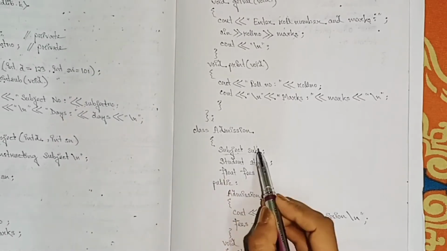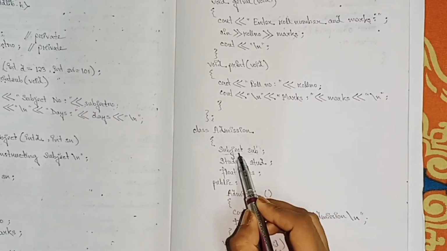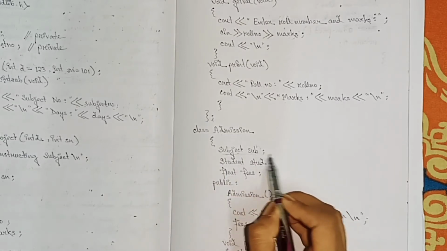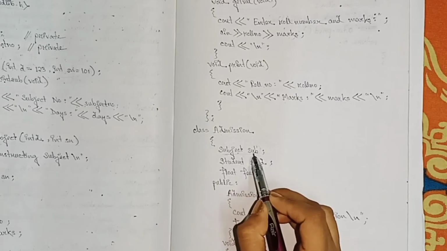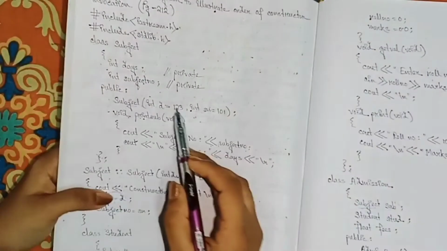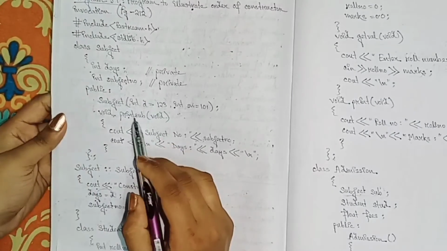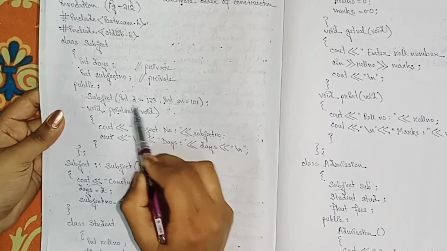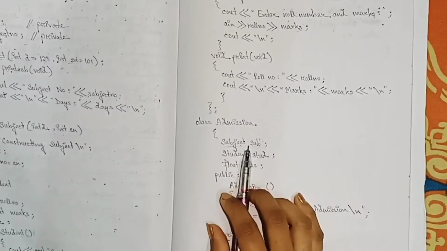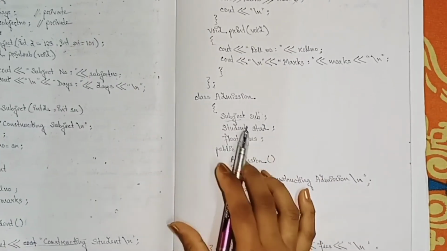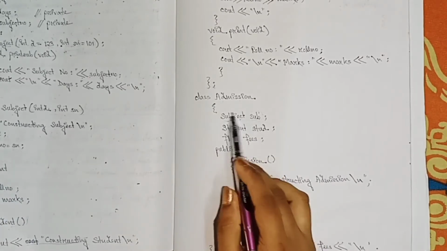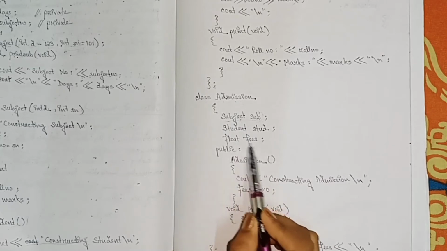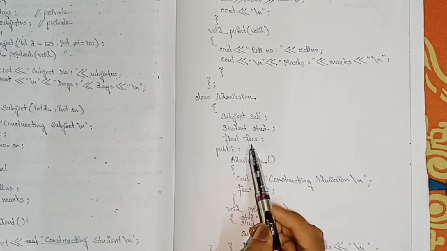So what we know, whenever an object is created for a particular class, it invokes a constructor. Since there are no parameters passed inside this sub, it will invoke the default constructor. Now the default constructor is not explicitly defined here, so we will consider this default argument value for this particular invocation. I am coming to this later on. I am now only telling you that inside the class admission we are invoking the class subject and student, and another member we have taken is float fees.